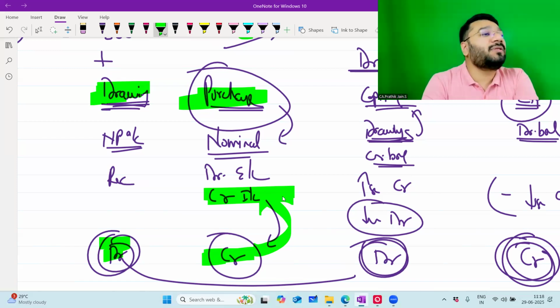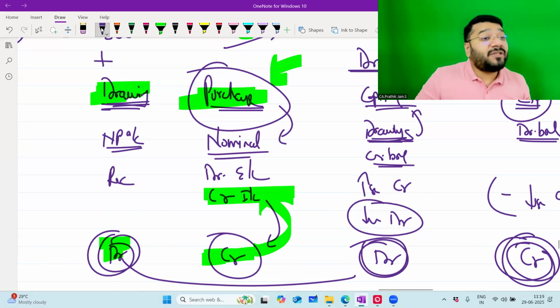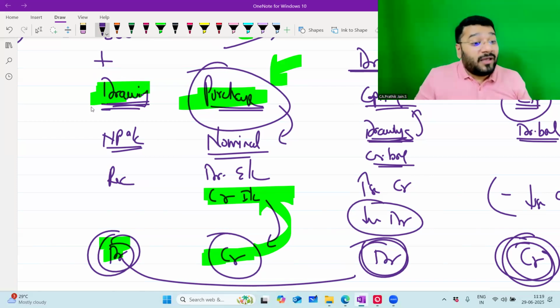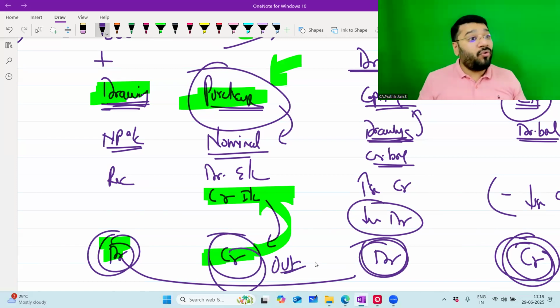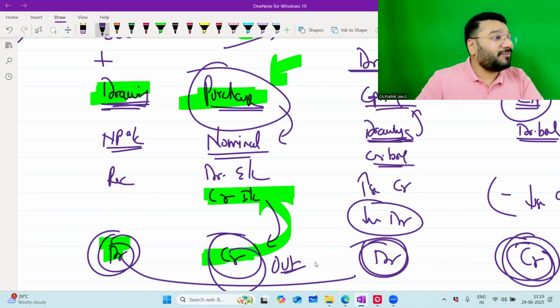This is where the golden rule fails. Now, how some people try to justify, which is wrong: they tell that, sir, in this case classify purchase as a real account. Credit what goes out. The justification for the credit is that chocolate is going out. Oh. When you feel like it, you classify purchase as nominal. When you feel like it, you classify it as real.